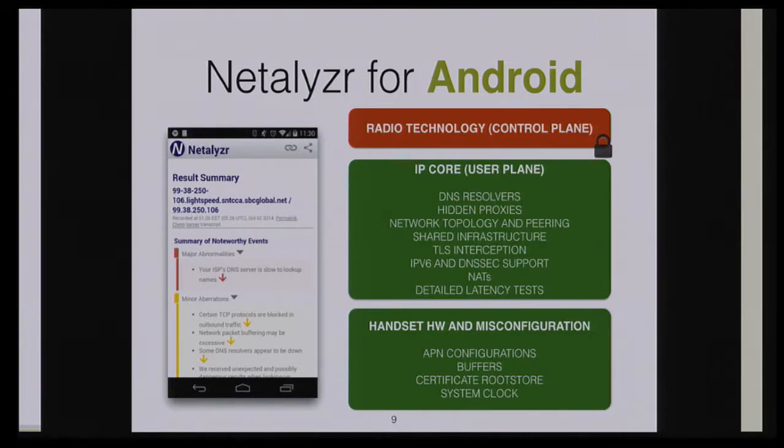Then once the tests are completed, the server captures and collects all the information, and we compile this information to generate a result summary that is sent back to the device. So we classify the results based on their severity, and also depending on the type of test that is actually running. And then users can click on the results if they want to understand or get some information about what the test is actually doing.